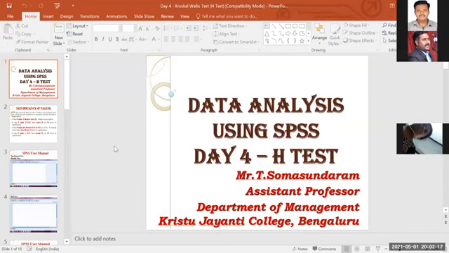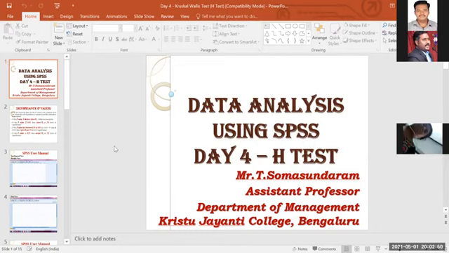If your data is not distributed normally, if you have done a normality test for your data and found that the data is not normally distributed, it is not good for the model. We are not getting a proper bell-shaped curve. The curve looks like a right skewness, which means mostly people are saying strongly agree only, or a left skewness, where most people are saying strongly disagree. So that means your data is not normally distributed.